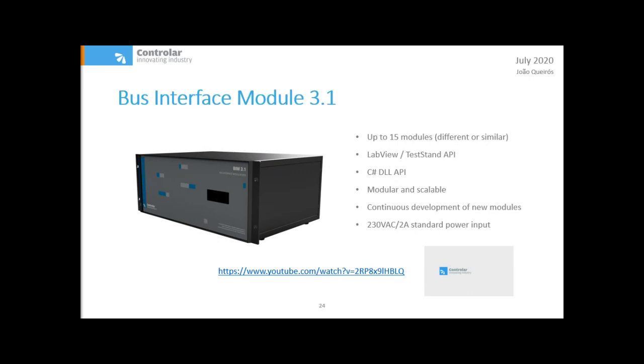This product is relevant for multi-DUT systems, such as highly accelerated life test or highly accelerated stress screening systems. It can also be used in software flashing machines where an Automotive Ethernet connection is needed for each device. All 60 media converters can be used at the same time independently, or any of them can be dynamically switched off if needed. With this capability, several different configurations can be obtained using this product. We made a small animation video showing the applicability of these products, and I will show you right now.